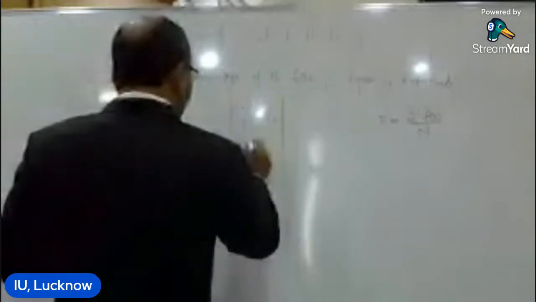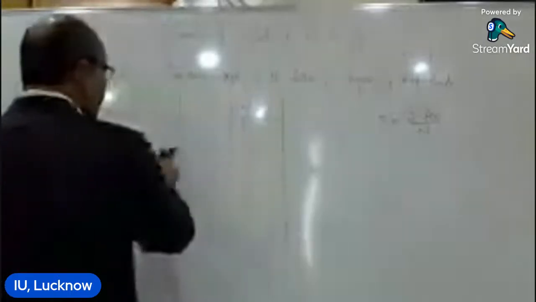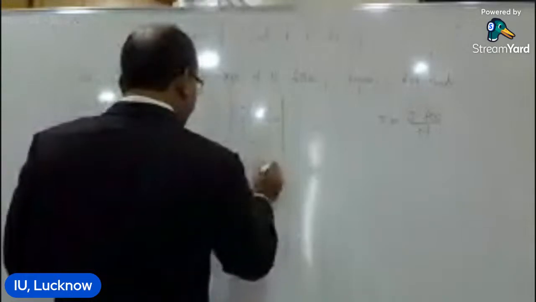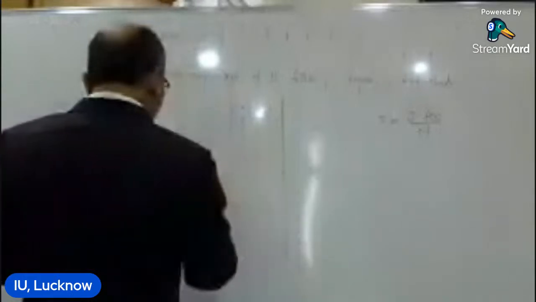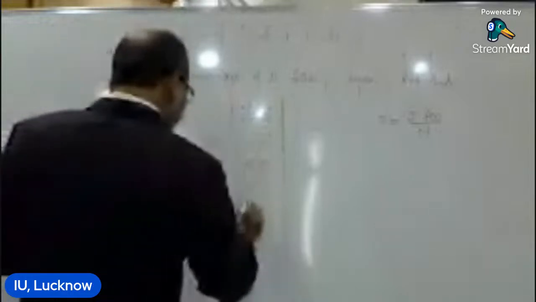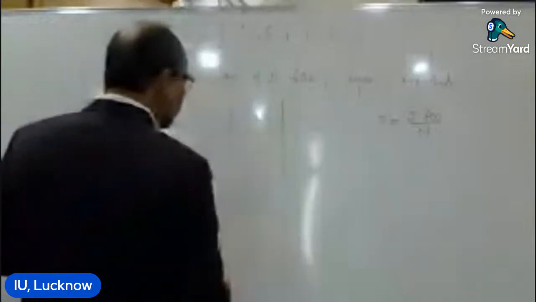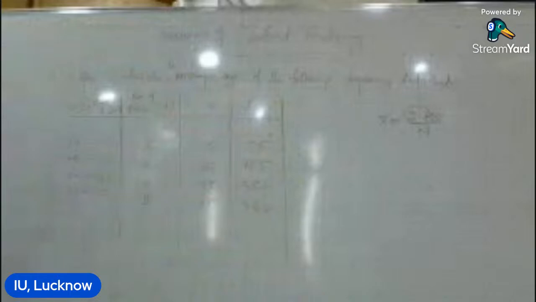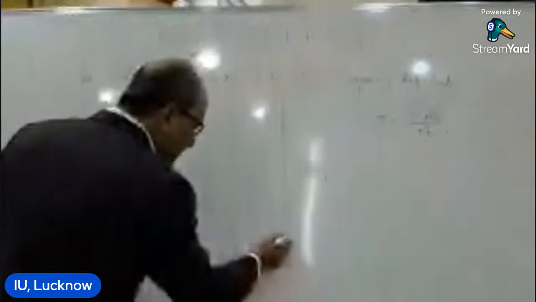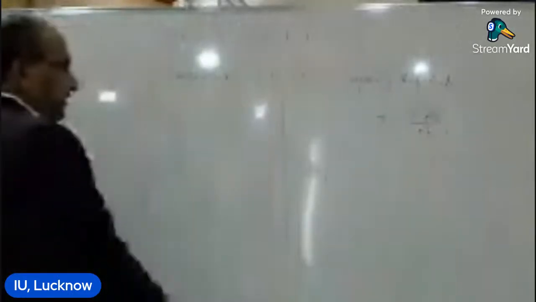This is 75. 5 into 15, 7 into 25, 175, and this is 350, and this one is 360. This is the fx, f into x. Now we want summation fx. So we just sum these fx, and this will be nothing but